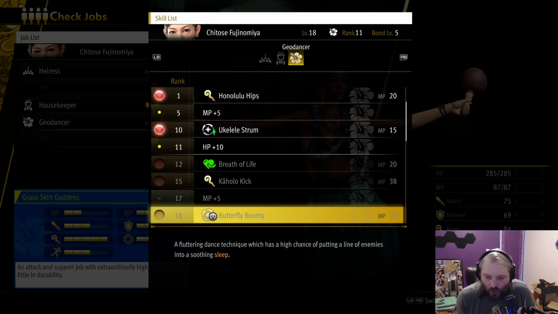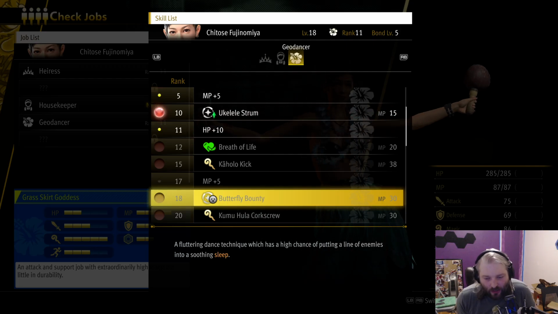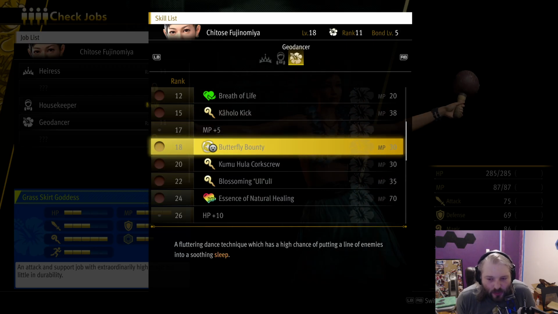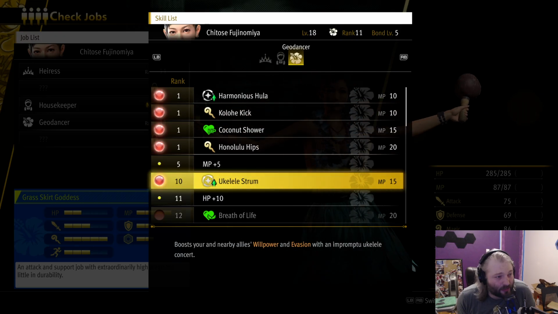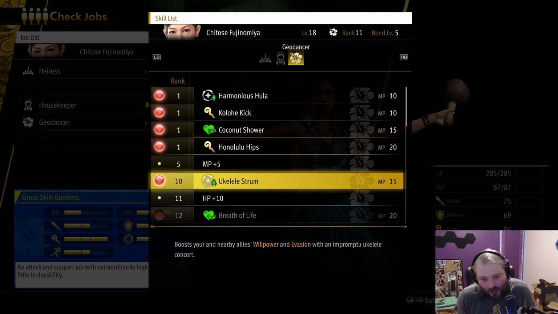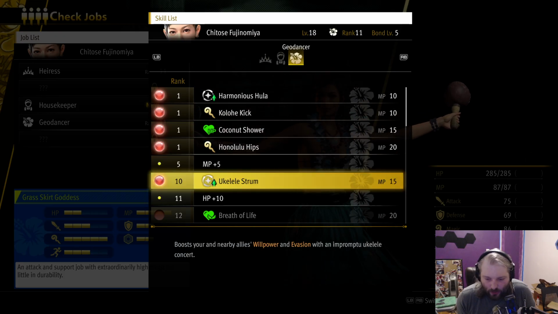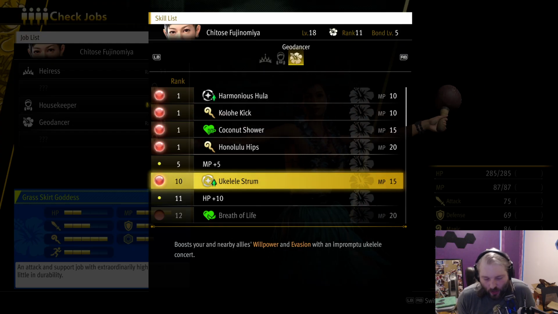She has really good attacks, really good healing, and honestly, I like the buffs. Buffs, I think, usually tend to be better than debuffs, only because they're guaranteed to land. But if status ailment debuffs are guaranteed to land, then they could be equally as good. And honestly, there are some fights where, with Ukulele Strum, there are enemies that just do a lot of magic damage. Being able to increase your magic damage by a ton and your evasion by a ton with just one ability,